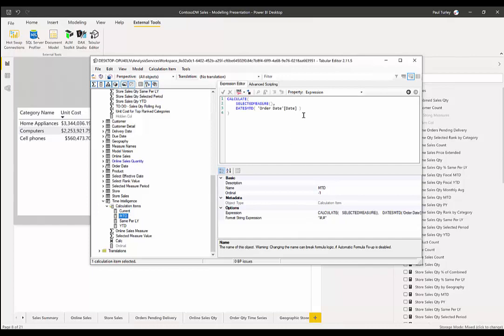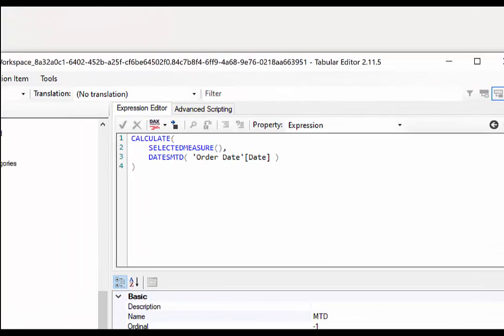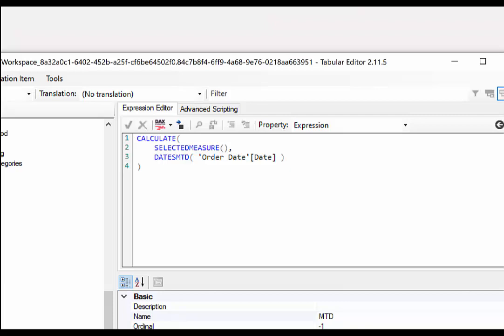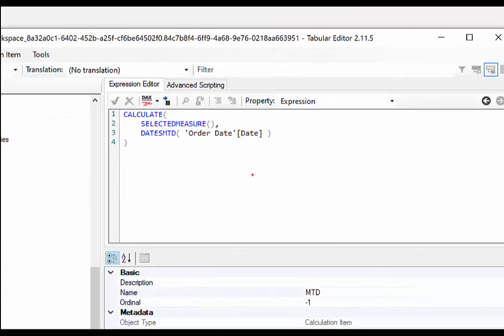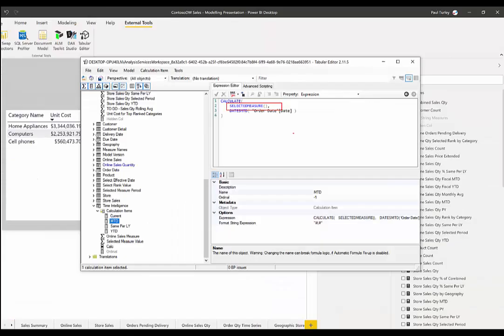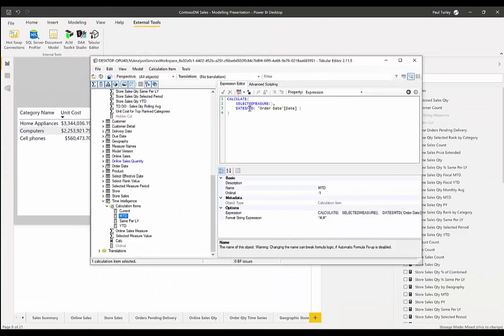Here is my month-to-date variation of a time intelligence measure. So I'm simply saying that for whatever measure I prescribe in my DAX code, I'm going to use the DATESMTD function against a specific date table. It's the same pattern.